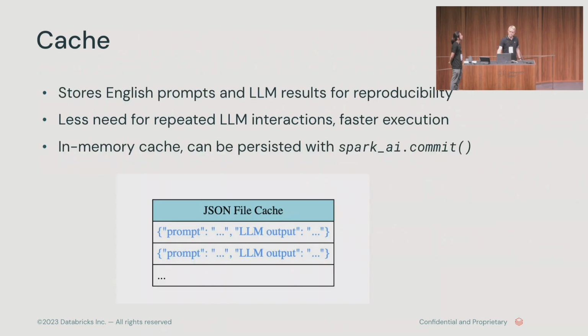And then very quickly, the cache is an in-memory cache. You can choose to persist it on disk if you want to, and it's really all about being able to fix an answer and say, you know what, the answer I got when I asked this question is what I want to stick to. I don't want it to randomly be creative and change the answer. And then also, of course, save money by not calling the model behind the scenes if it's outside your own domain and costs you money.